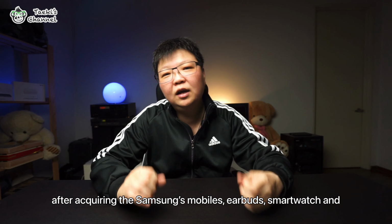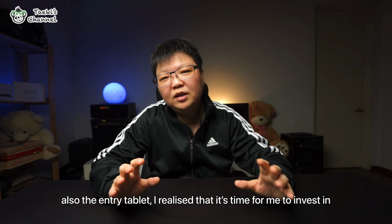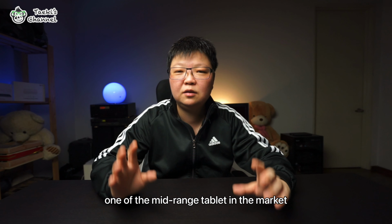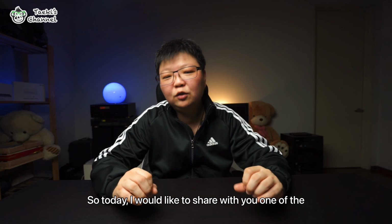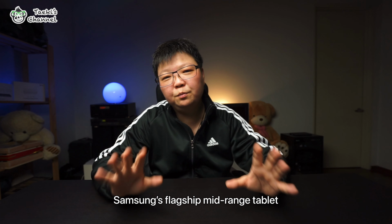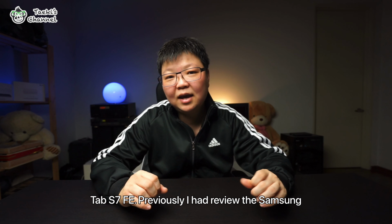After acquiring Samsung's mobiles, earbuds, smartwatches, and also the entry-level tablet, I realized that it's time for me to invest in one of the mid-range tablets in the market. So today, I would like to share with you one of Samsung's flagship mid-range tablets, which was launched last May. That is the Samsung Galaxy Tab